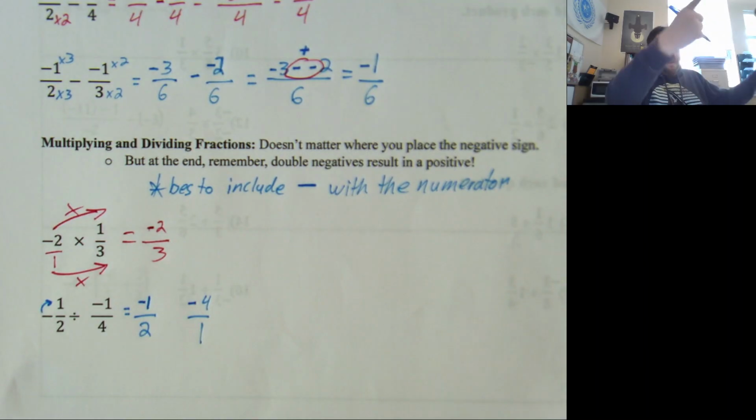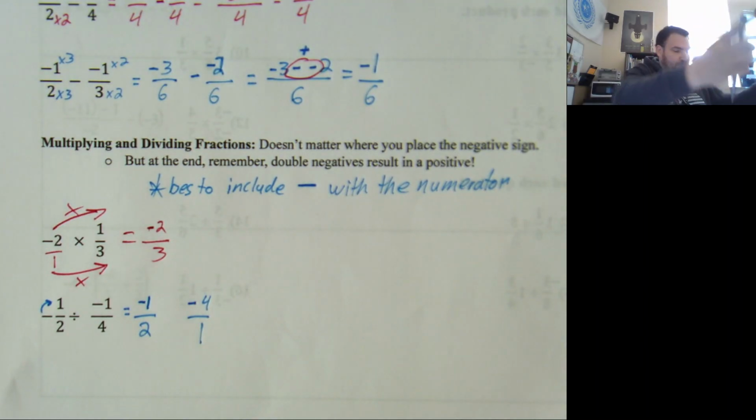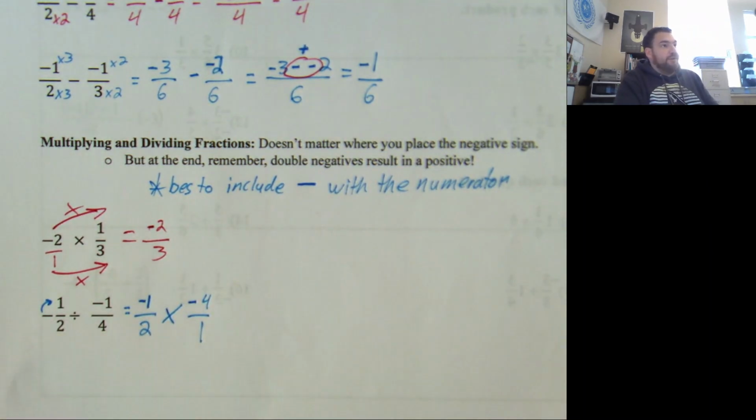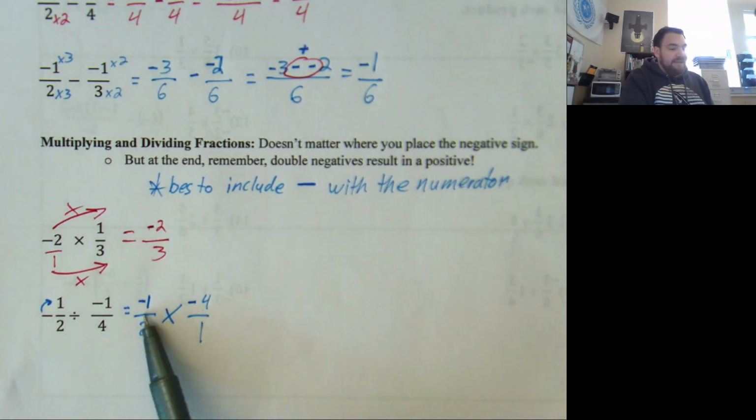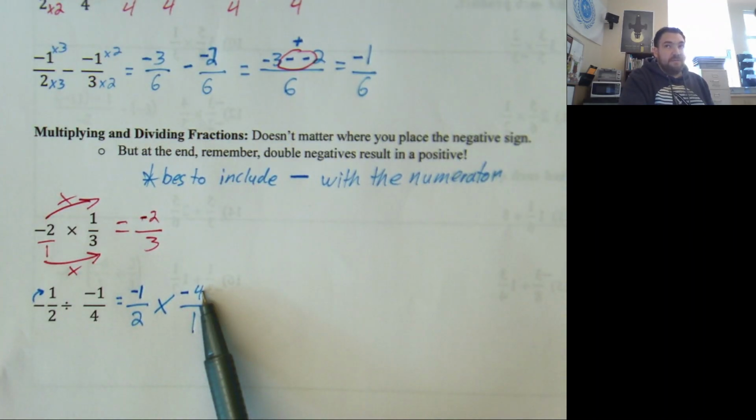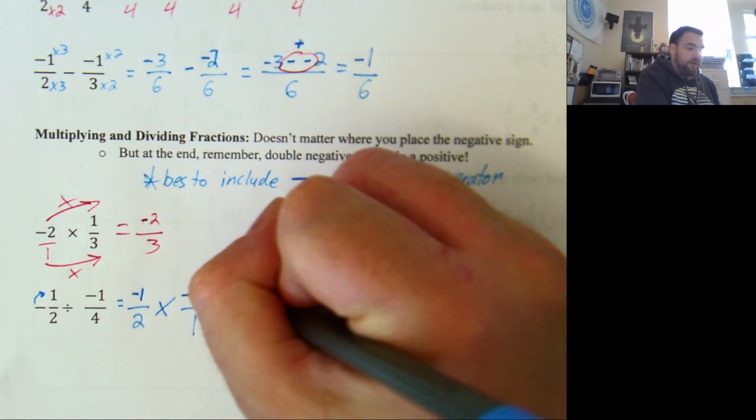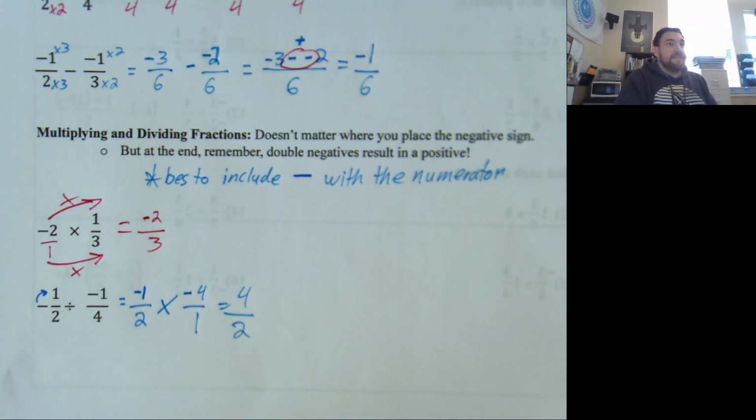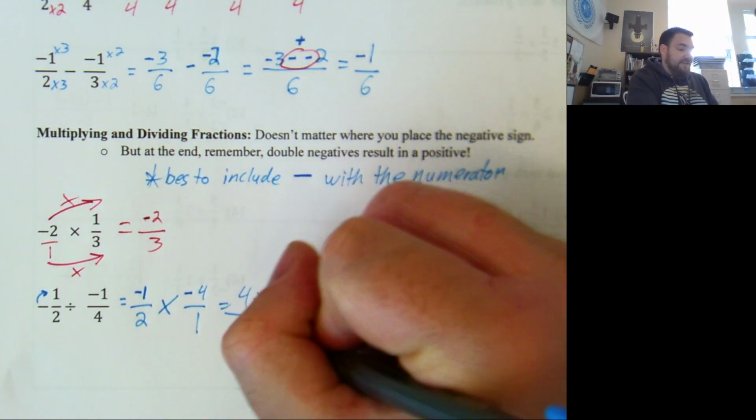Turns into multiplication. I want to make sure you're saying the same thing, and you are. Turns into multiplication. And now we multiply across the top, multiply across the bottom. -1 times -4 is +4. 2 times 1 is 2, and the last step is always, when you've got a fraction, simplify. Divide top and bottom by,